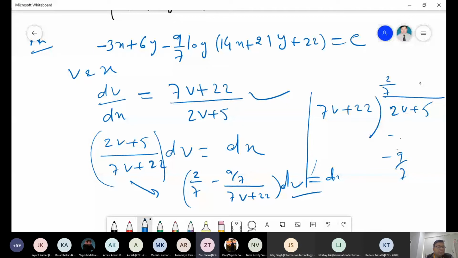You can do that, but actually it is an improper fraction, because the degree is the same at numerator and denominator. To make it proper, we divide. Proper fraction means the degree of the variable at the numerator is less than the denominator, and then we can make it into partial fractions. Fine. Okay, sir, no issue. Next question.